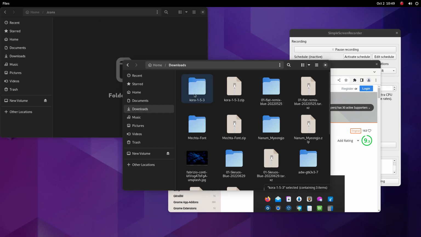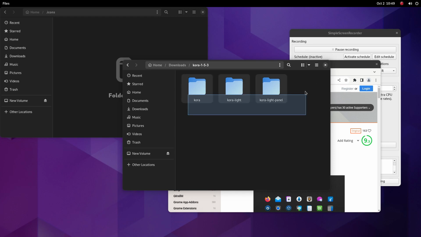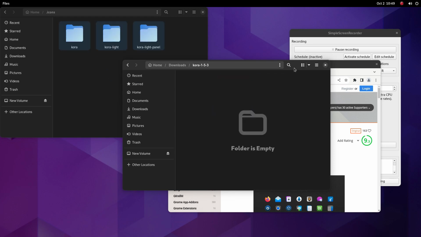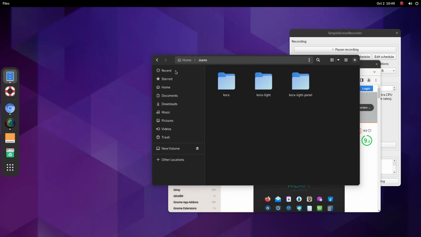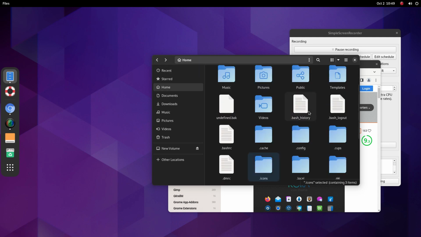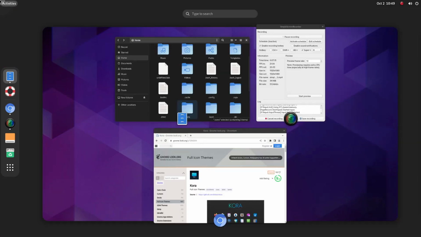Yep. And open the Cora icon theme. Just drag and drop the 3 folders there. That's it. Done. Now that's all we need for this part. For the next step, just open the